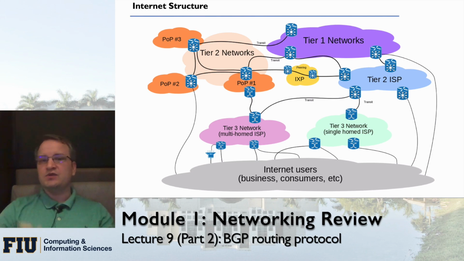If not, it will go up to the tier 2 ISP. And at that point, again, if the packet is destined to a customer or a customer of a customer, then it will go back down to tier 3 or directly to the customer. If not, it will go